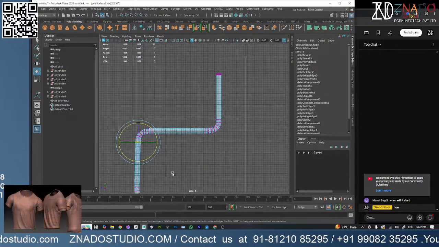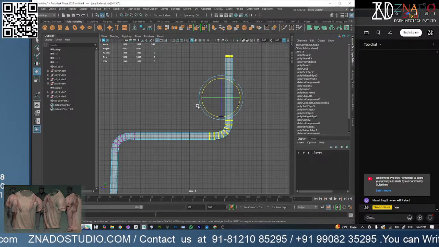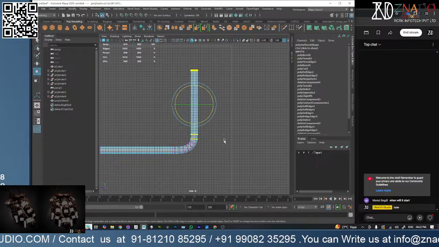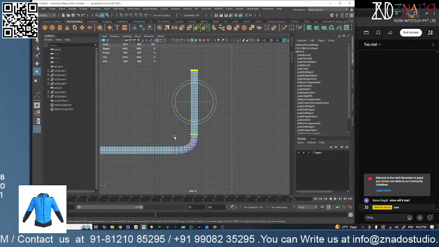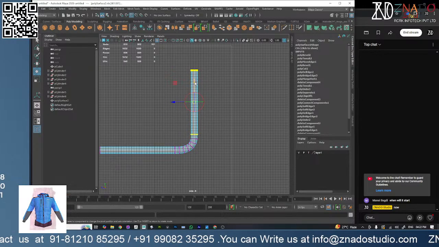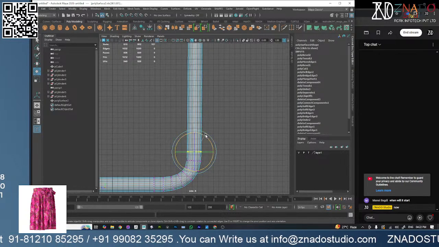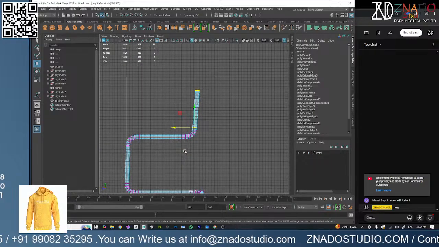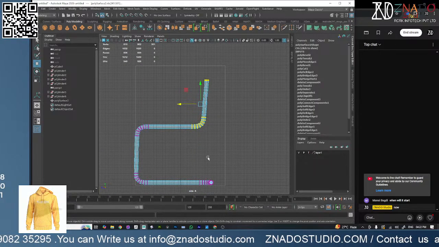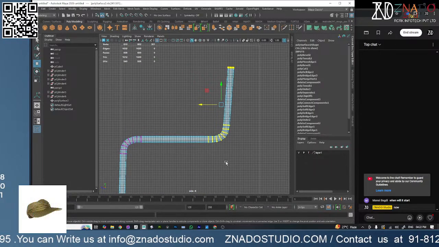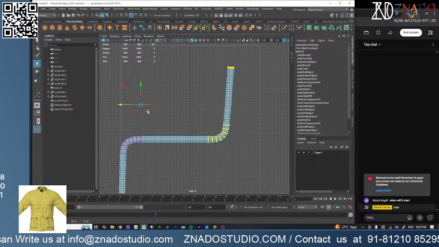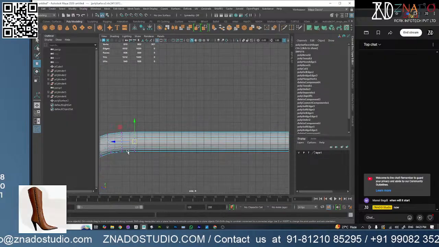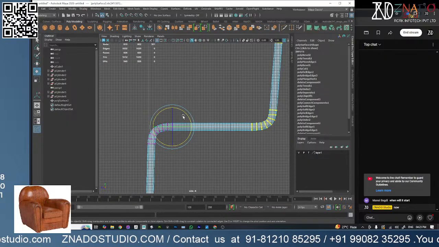The chair should move out because from here till here should rotate in the back, or we can select from here, and then I'll change the pivot of this to the bottom and then rotate it like this and then move it just a bit, because we cannot put this chair as it is because it has some bend. Normally this is a metal rod, so whenever someone sits on top of this, it has some